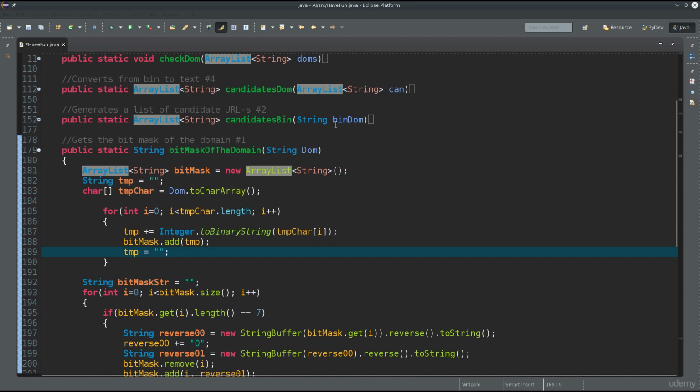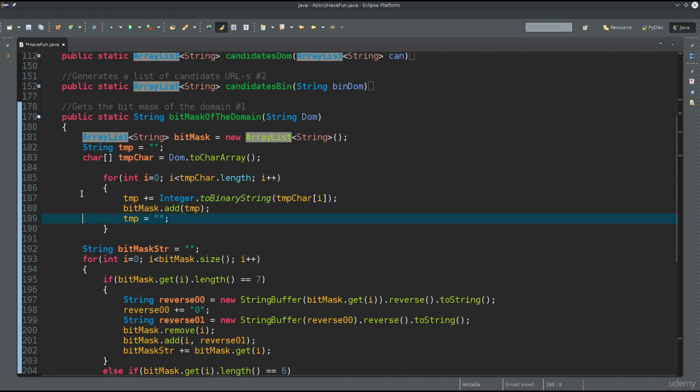Since I don't know how many different variations I will get from the domain name that I have passed, I do not know what the size of the array will be. Therefore, I need to use something that is dynamic. Anyway,